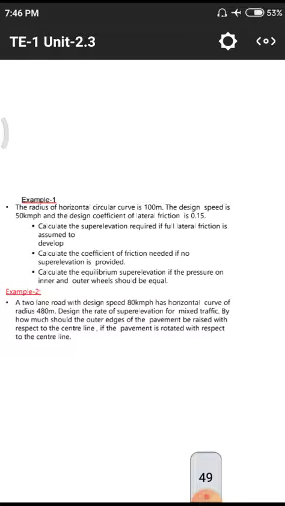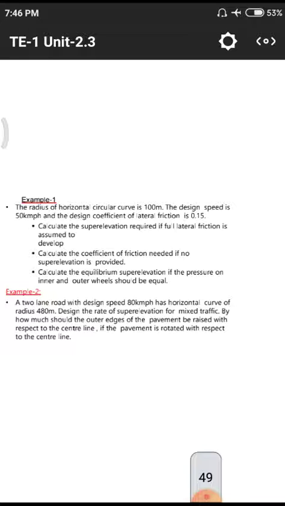These are some of the examples given to solve the problems. In the previous case I also explained that we have the super elevation formula E plus F equal to V square by R. That means E is the elevation, F is the friction, V is the velocity, and R is the radius of the particular curve. By using those four terms we have to solve the problem. In the problem itself they give 2 to 3 values, and we have to find out the fourth value.